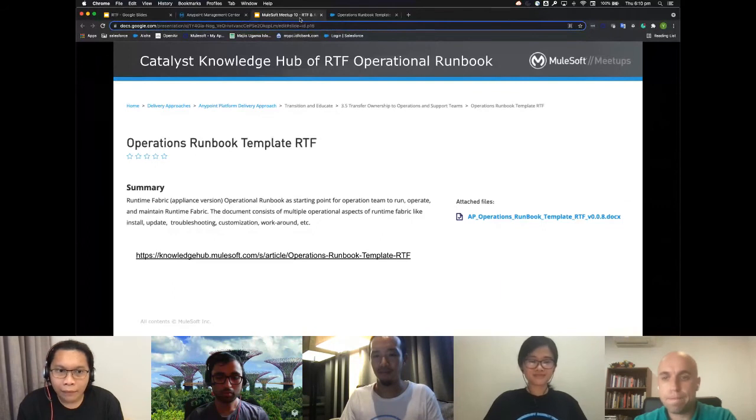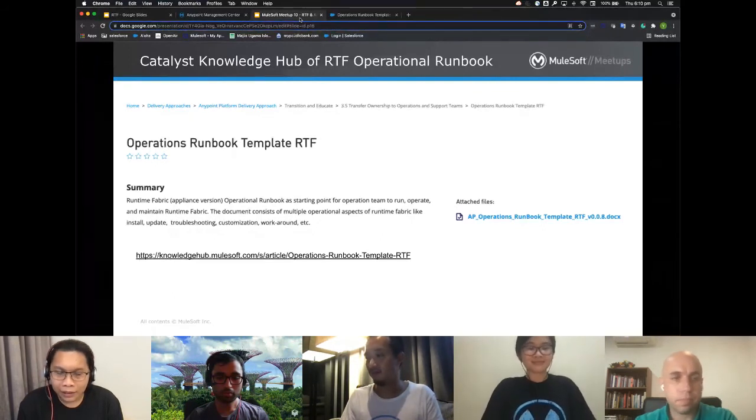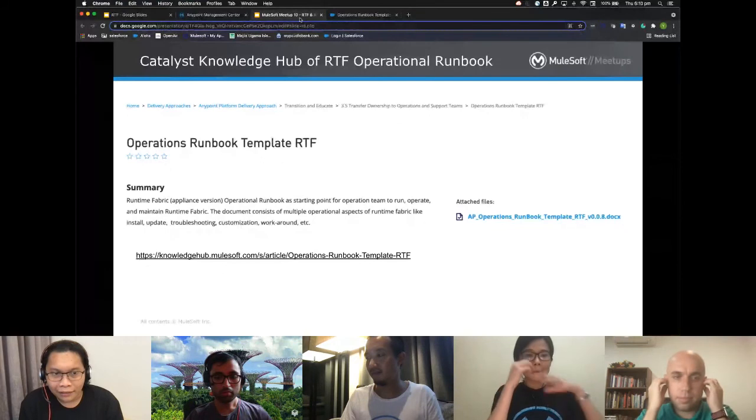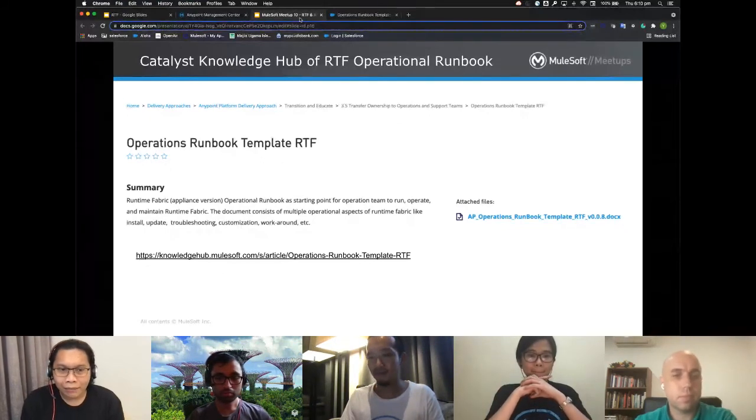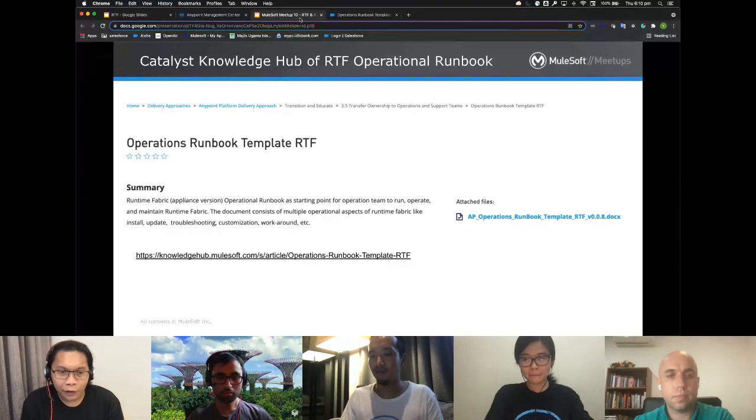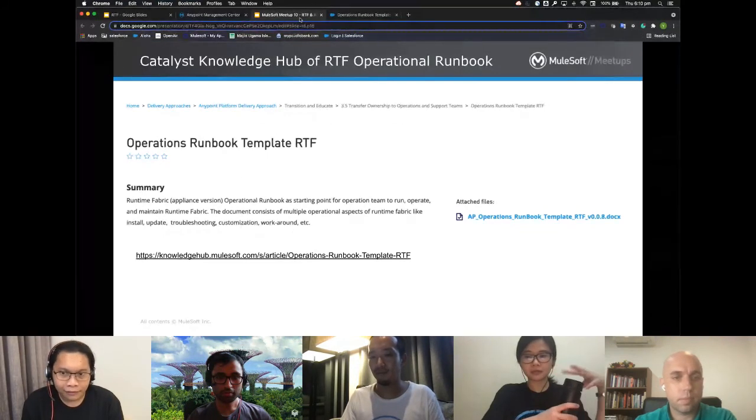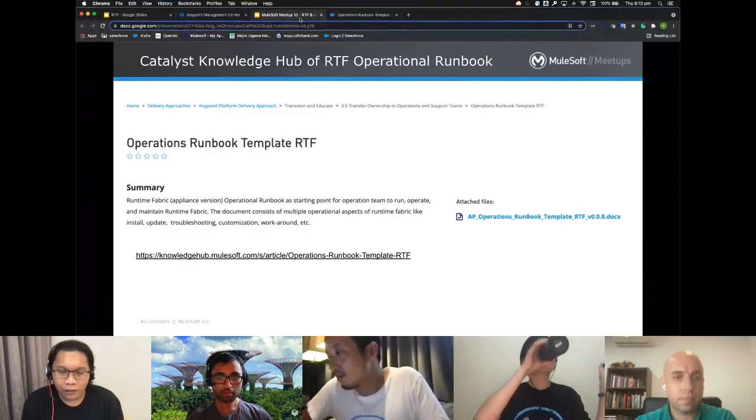Okay, so if the application is able to run on Cloud Hub, typically it is able to run on RTF. But there are some considerations. First, RTF does not support custom domains. If you use a Mule domain, then of course that cannot be deployed on RTF. Always use the default domain.